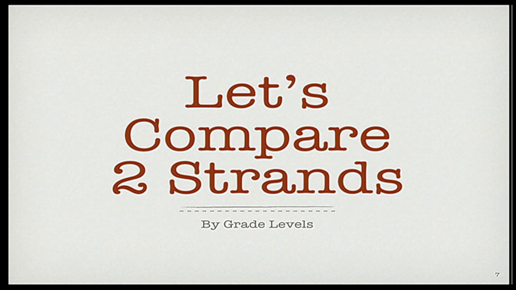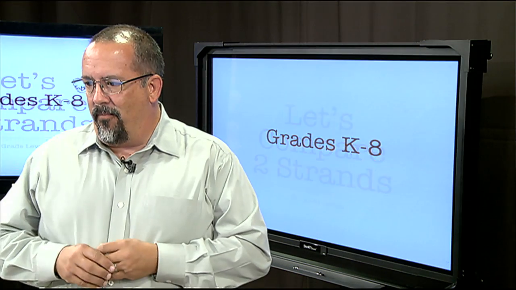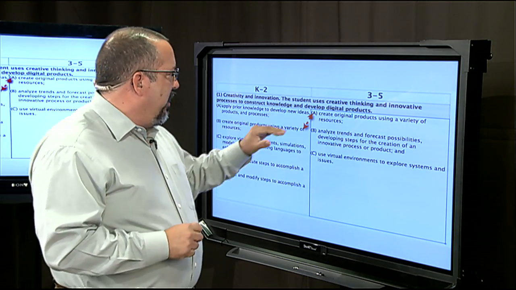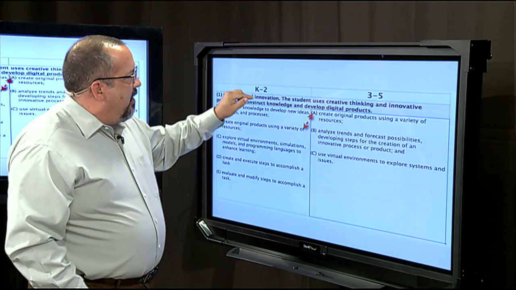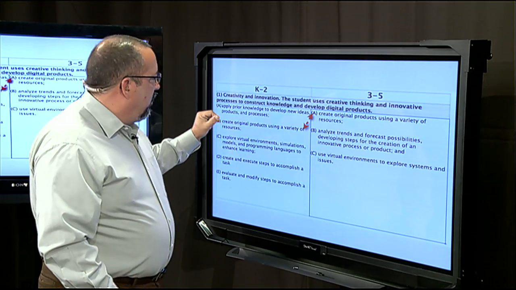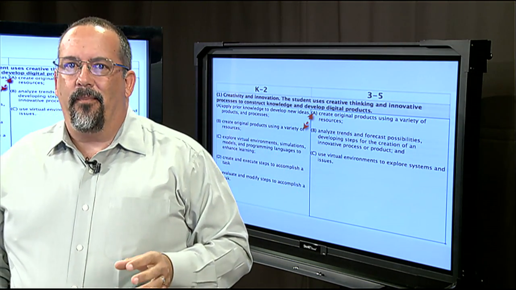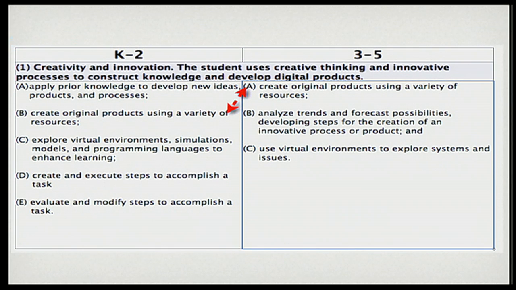So let's compare 2 separate strands. We're going to take a look at them through grade levels and see if we can see some interesting things about them. We're going to go all the way from K to 8. We're going to break these down first in K-2 and then 3-5. If you'll notice in this slide here, let's pull that slide up so we can see it on the screen. You can see that in K through 2nd grade, in creativity and innovation, there are five expectations,